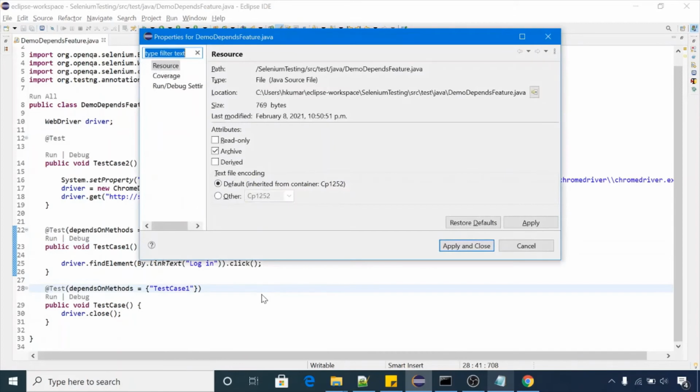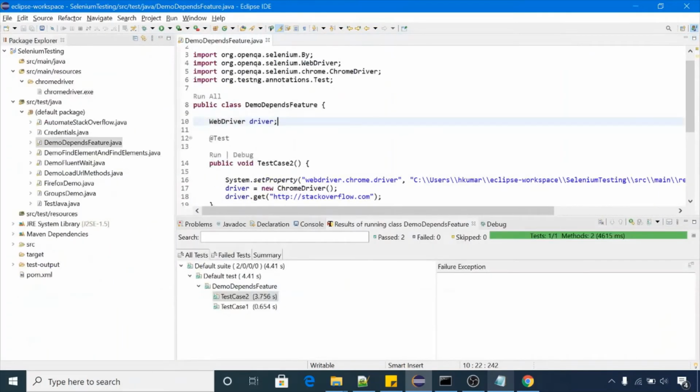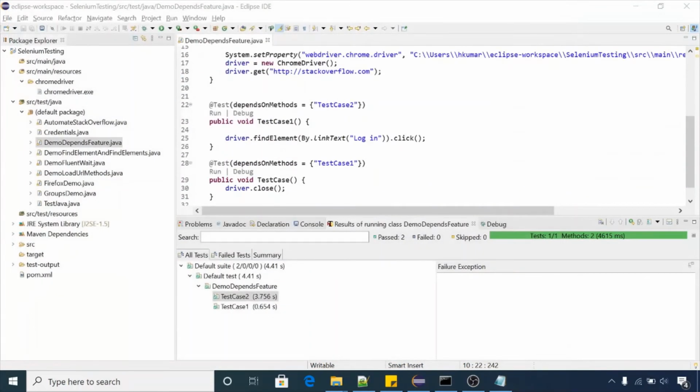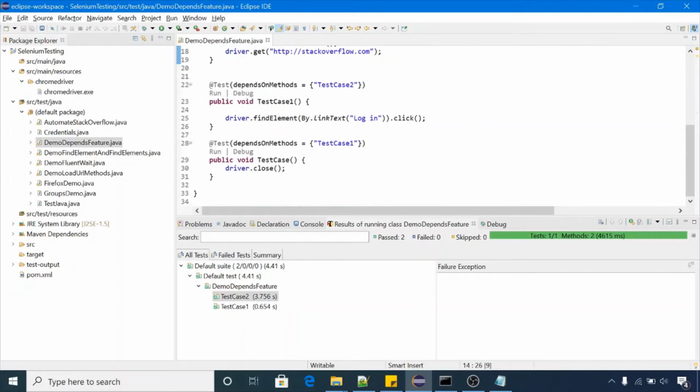Let me run this scenario. Now it will execute all the scenarios as per the requirement. It will first of all execute test case 2, then test case 1, then this last method. Let me run the scenarios.